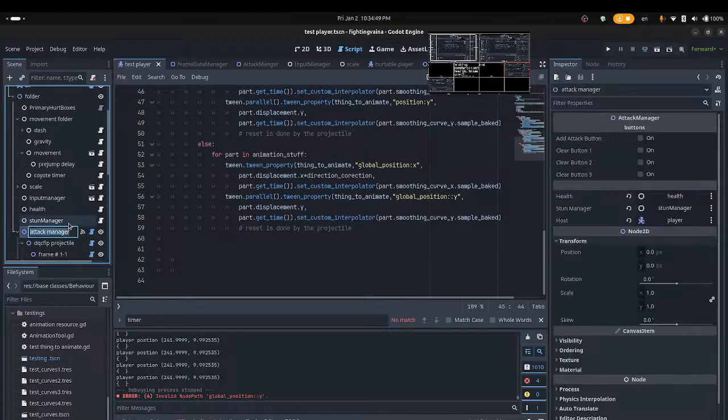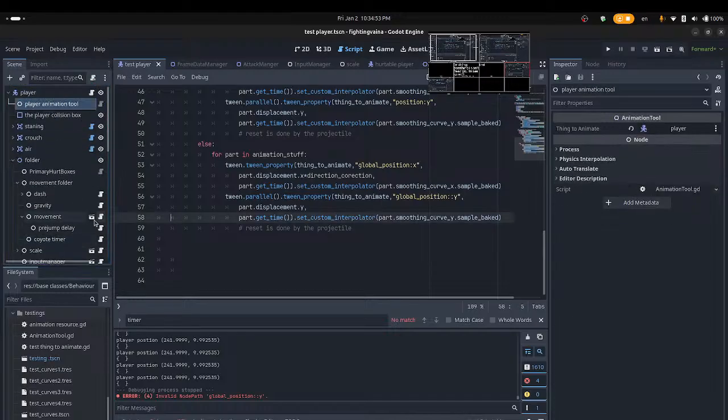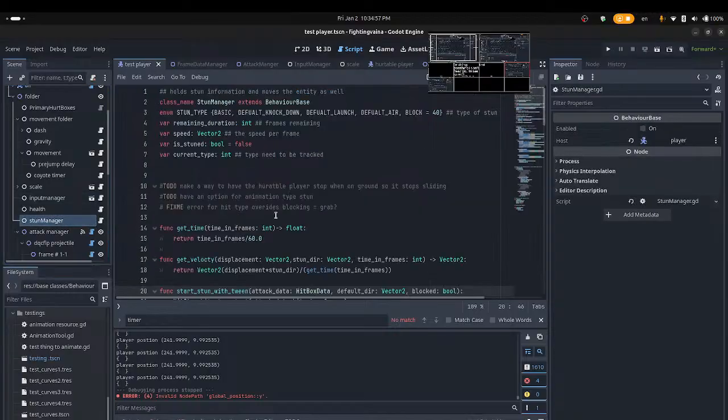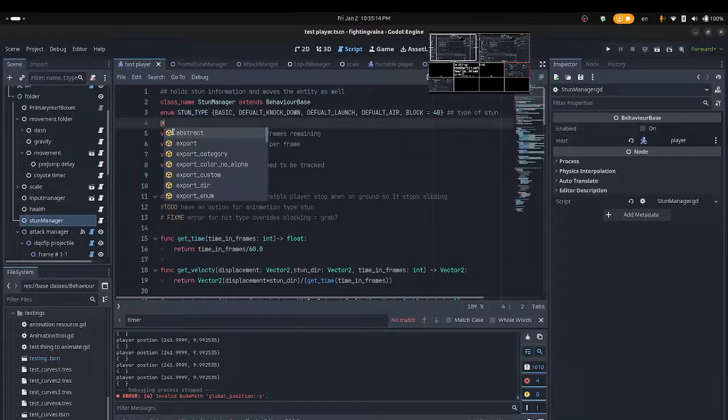The tag manager and the stun manager would emit a signal to the animation tool. The stun manager would probably be the one with kill tween. So if anything, this would be the one that would have a host of the animation tool. Stun manager, export animation tool,